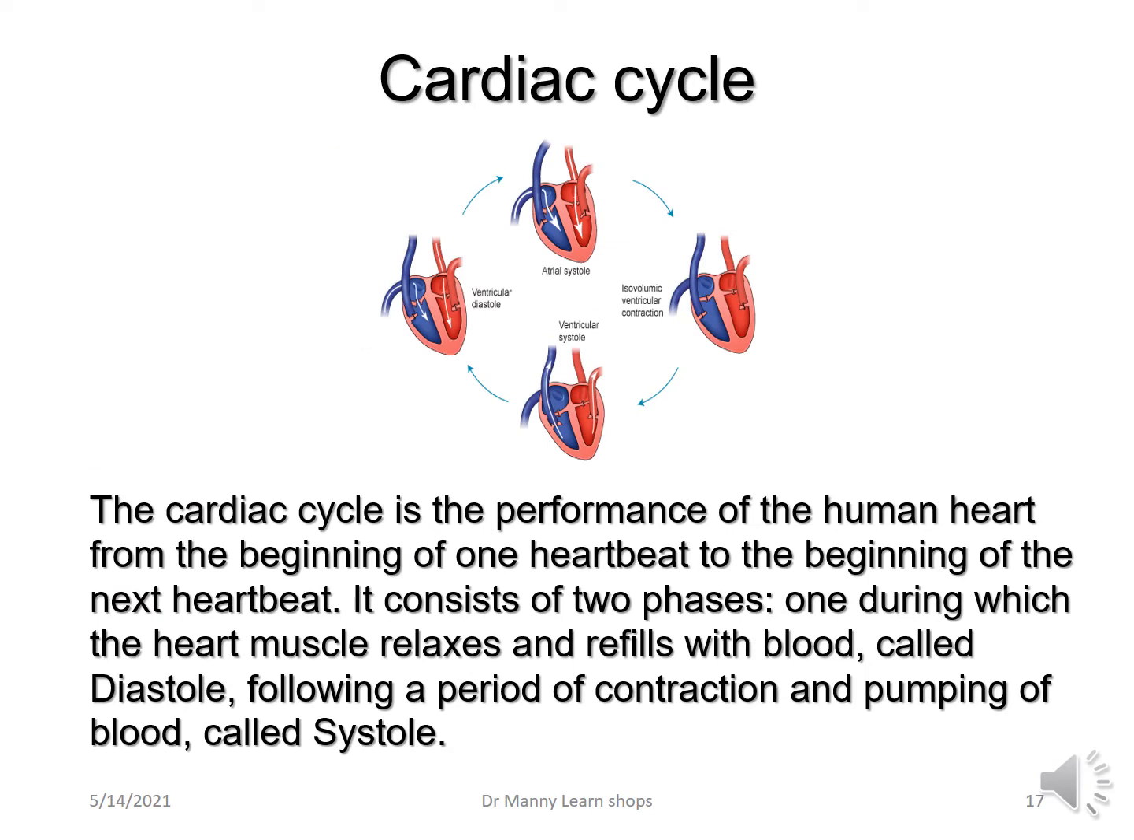Then you've got the cardiac cycle, which we've reviewed in other courses. The cardiac cycle basically is the performance of the human heart from the beginning of one heartbeat to the beginning of the next heartbeat. Essentially, it consists of two phases, one during which the heart muscle relaxes and refills with blood. This is called diastole. In Latin, diastole means to dilate,